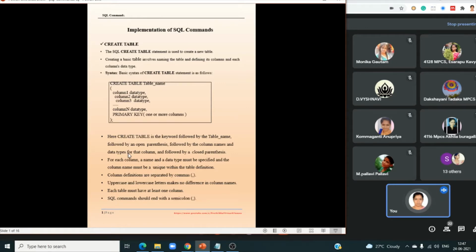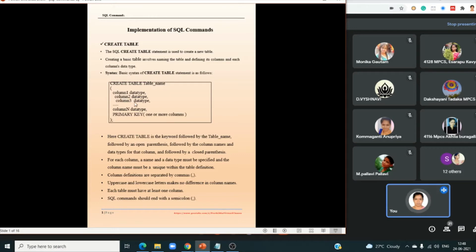Each column name and data type must be specified, and the column name must be unique within the table definition. Column names must be unique. No repetitive column names are allowed in the table. Column definitions are separated by commas. When you are inserting multiple columns, they are separated by commas. And uppercase, lowercase letters make no difference in column names.